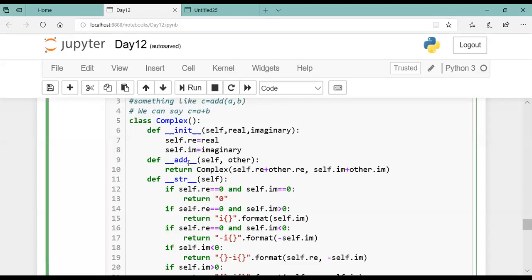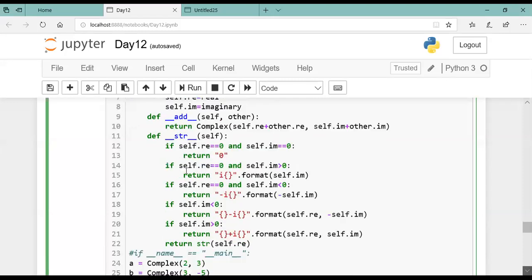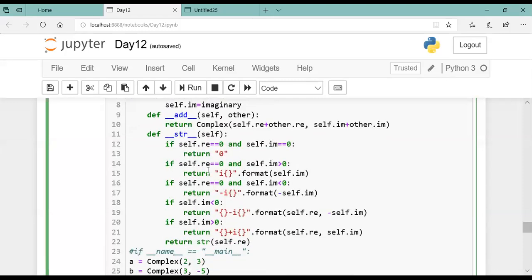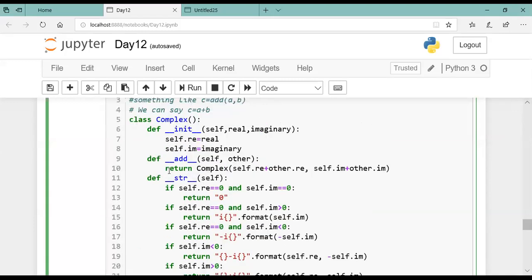So directly returning the value to the class variable over here. And then str will take care of the printing part of the complex number, which was explained before. Any doubt, anyone? Just tell me. So what is the new thing you are learning over here? When you are making a method for operator overloading, you are simply returning the operator's result in the class itself.